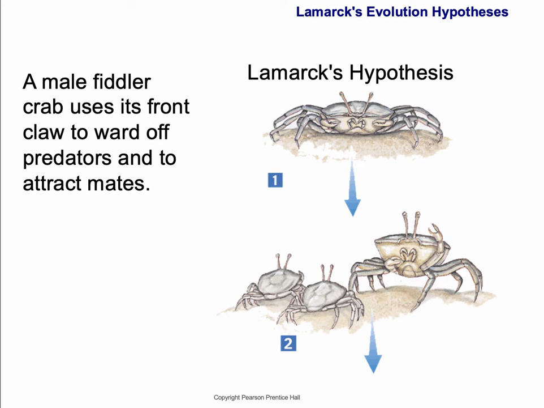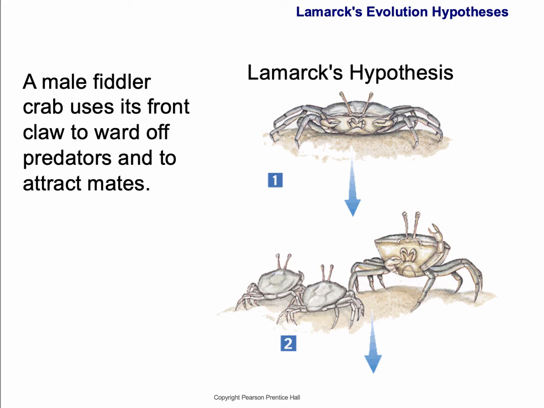Hey everybody, let's talk a little more about how Darwin developed his theory of natural selection as the mechanism, the driving force behind evolutionary changes in living things. And in the previous video, we touched on Lamarck, another biologist and another scientist who thought that plants and animals had changed over the history of the earth.